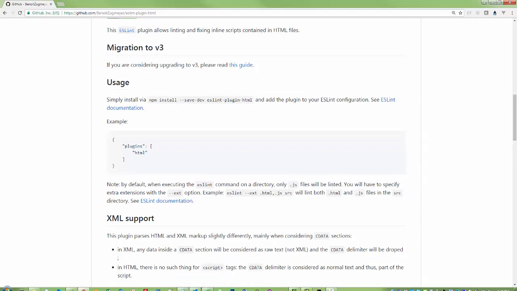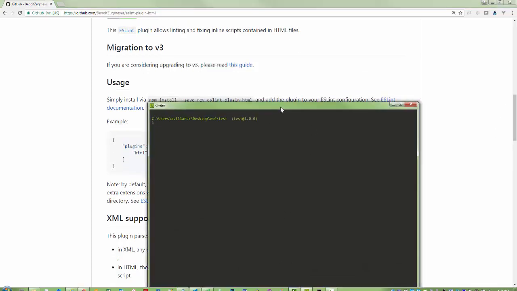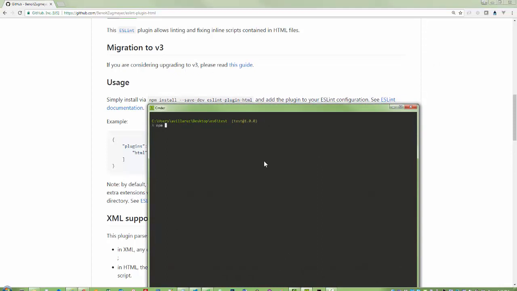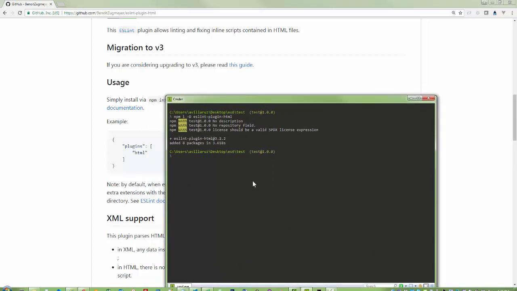Let's go to our command line and type in npm install --save-dev eslint-plugin-html. So now that's done. Now, can we use it right now? Let's see what happens. So if we say eslint